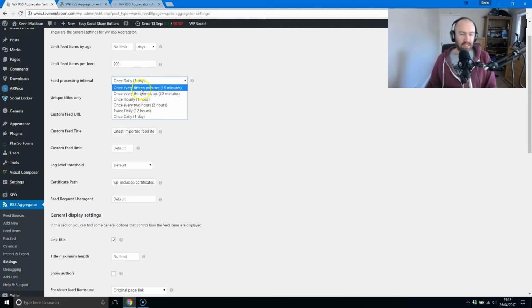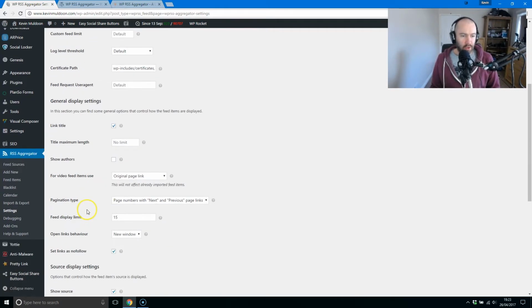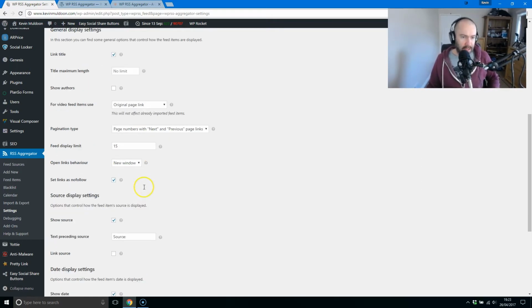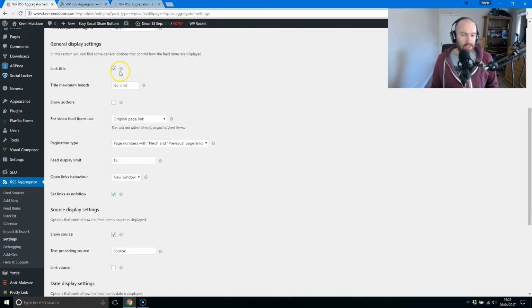How often the feed is actually processed. What unique titles, custom feed. There's a lot of cool features here. I mean, a lot of these things, it's just like any WordPress plugin. The best thing to do is just start off with the default setting, and then when you want to tweak something, this is when you come to this page, and then you start changing what's displayed and what